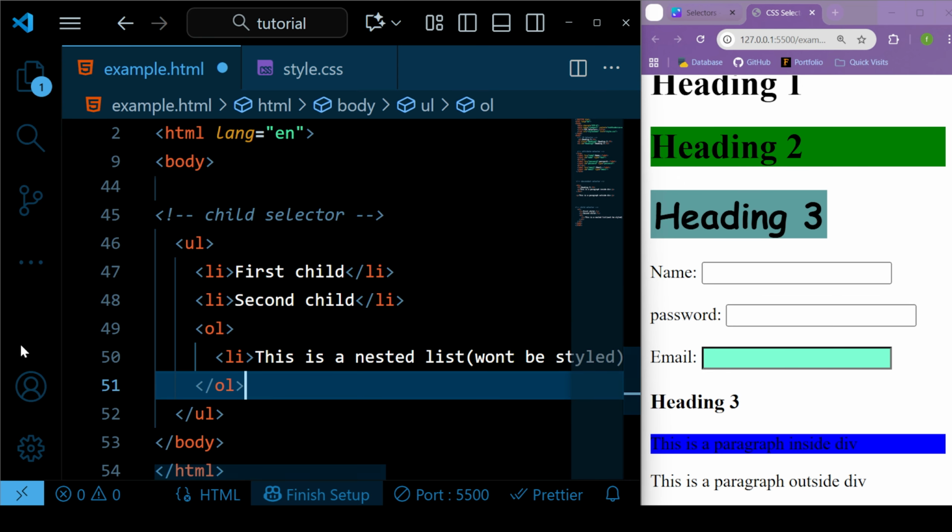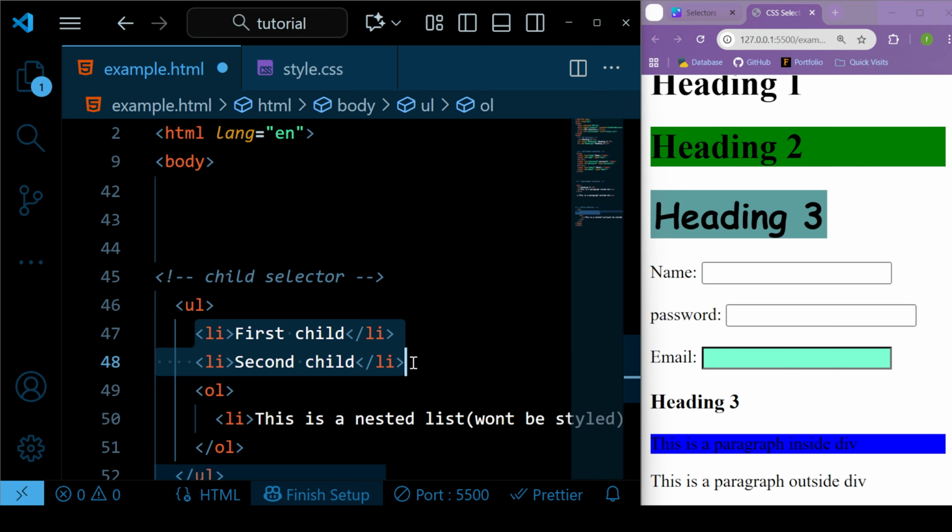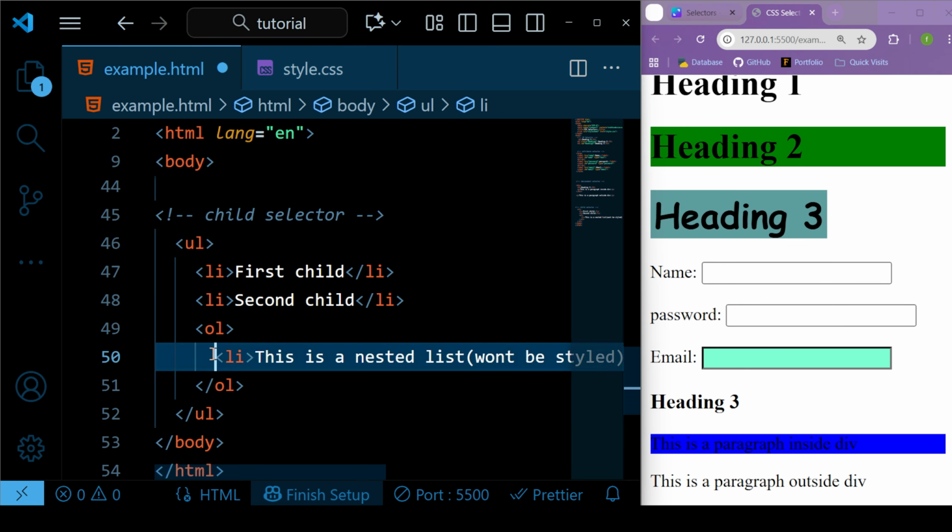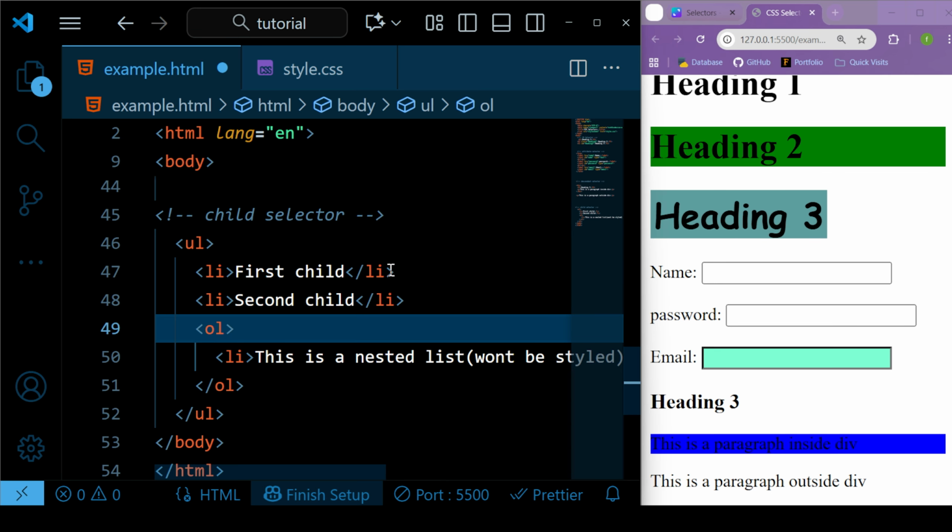Let's say we want to style the child of this UL, not the child of the OL, which is a nested list. So that time what we can do,